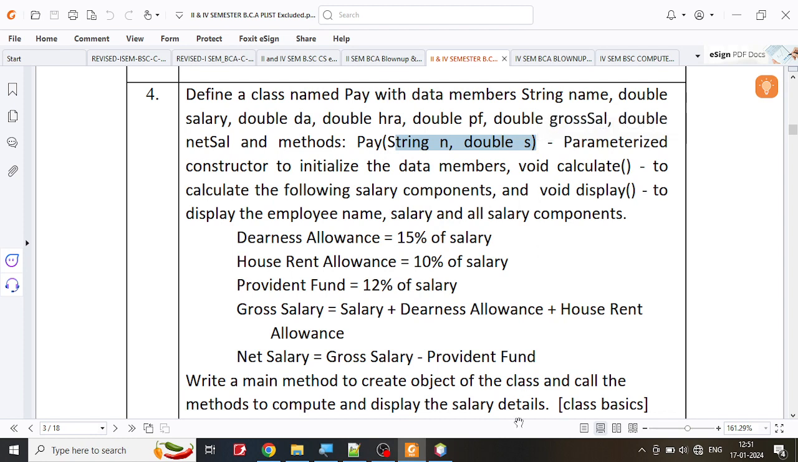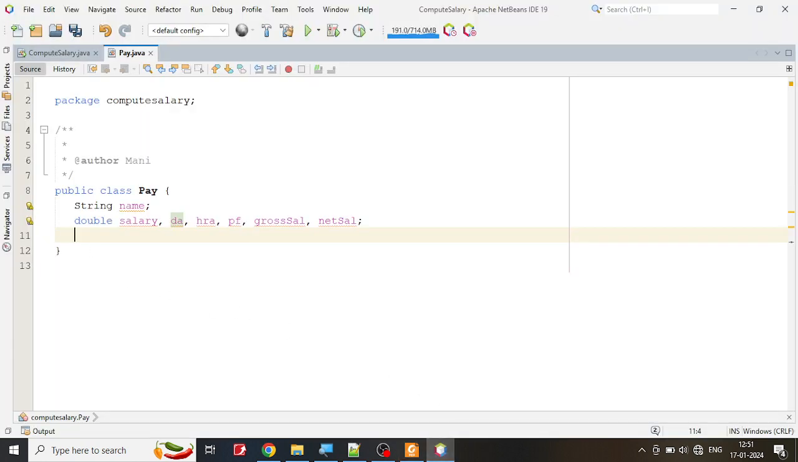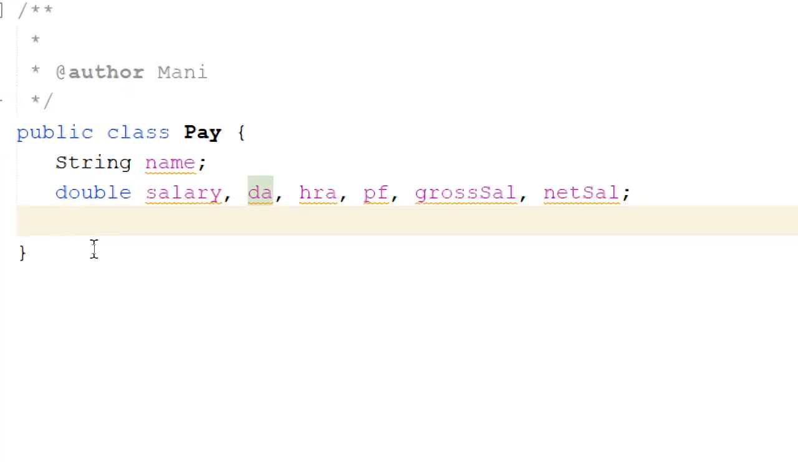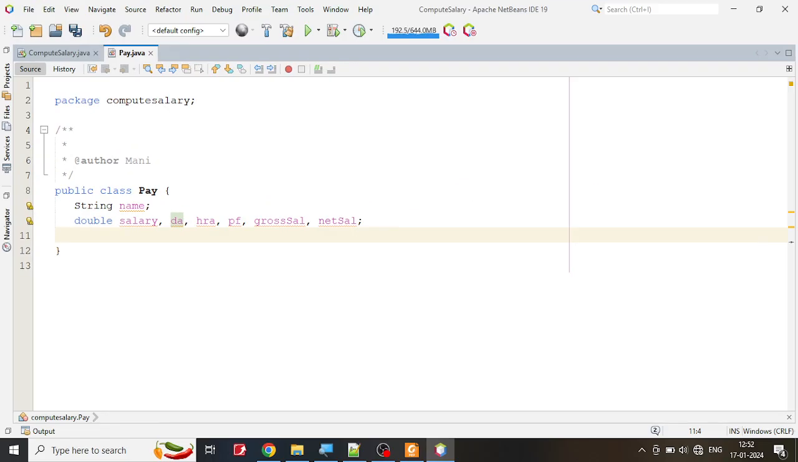string and double. You know how to create a constructor, but because I'm using NetBeans, let me show the options that NetBeans provides you to create a constructor. To create a constructor, you have to just press Control space. Now, if you press Control and space,